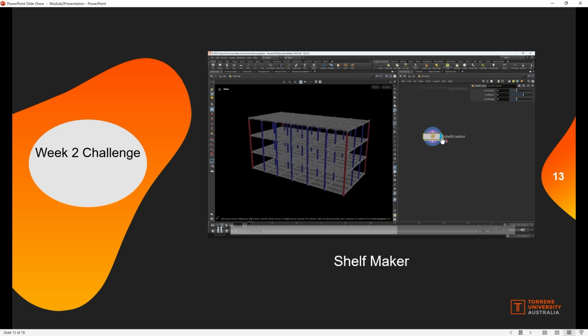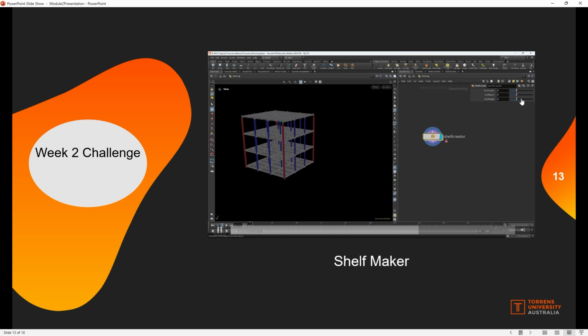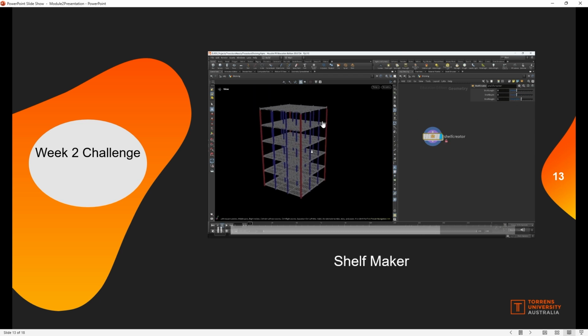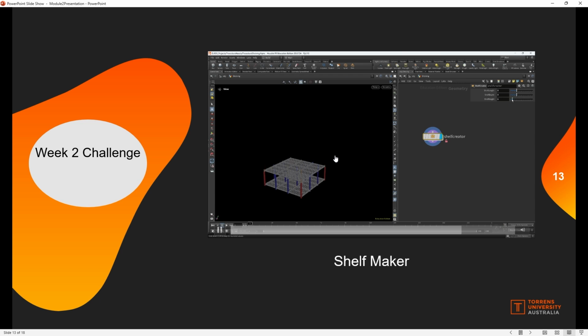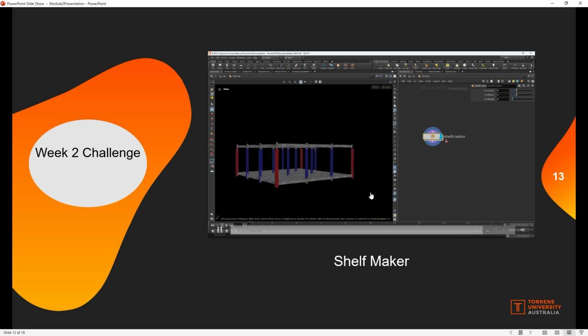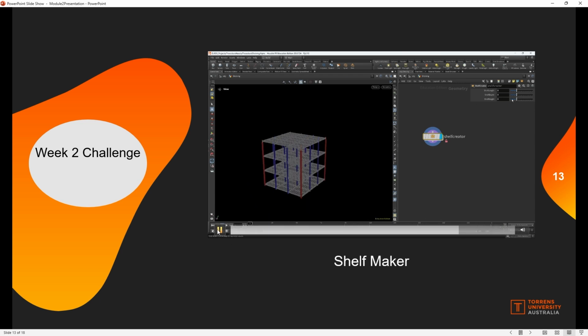So see, notice that I have a shelf creator there, and then I can increase, let's say, the width, the length, and the height of that, and it allowed me to create that. So see, notice that the complexity of that particular asset is the corners are different from the bars being used here, and I also have the boards, and you can add even wheels and other more complicated stuff in it. Okay, so again, recreate